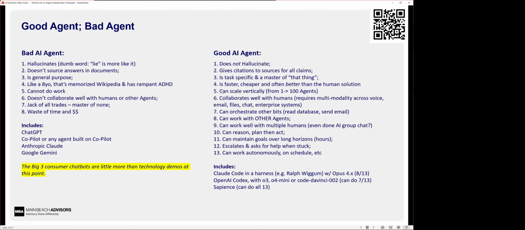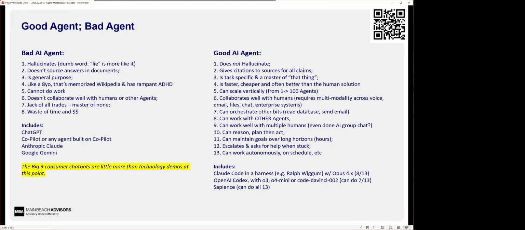Number 4 is pretty vital, right? Good AI agents are faster, cheaper, and often better than the human equivalent worker. And number 5 is really where a lot of the magic happens. When you've got a good AI agent that's working well, and you're using the right platform, with the press of a button, you can now be running 100 of those agents, and they're all going to work with the same level of consistency, quality, intensity, and throughput. That's not true of humans, right? If you've got an amazing employee, you can't clone them and have 100 amazing employees instantly, if only that were the case.